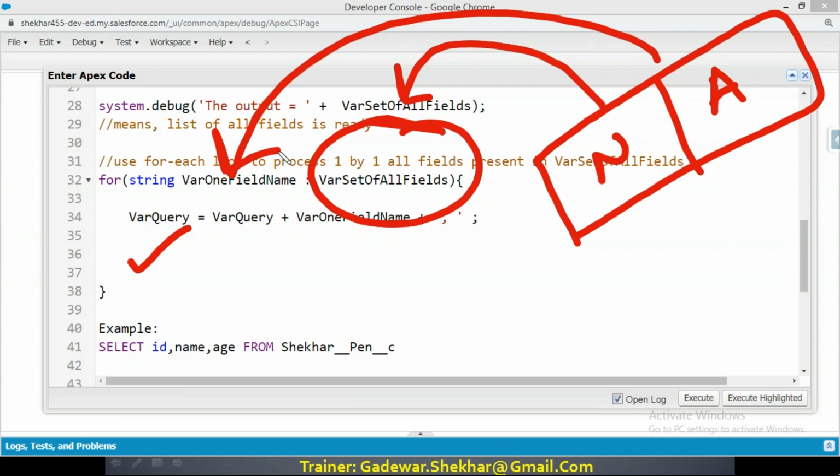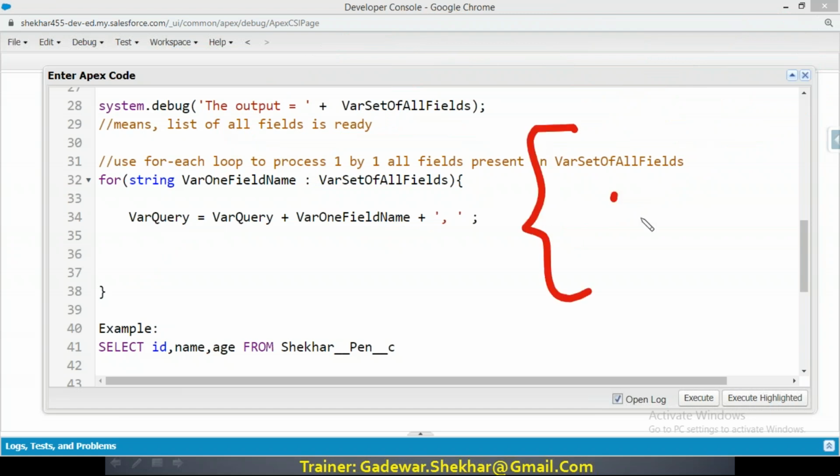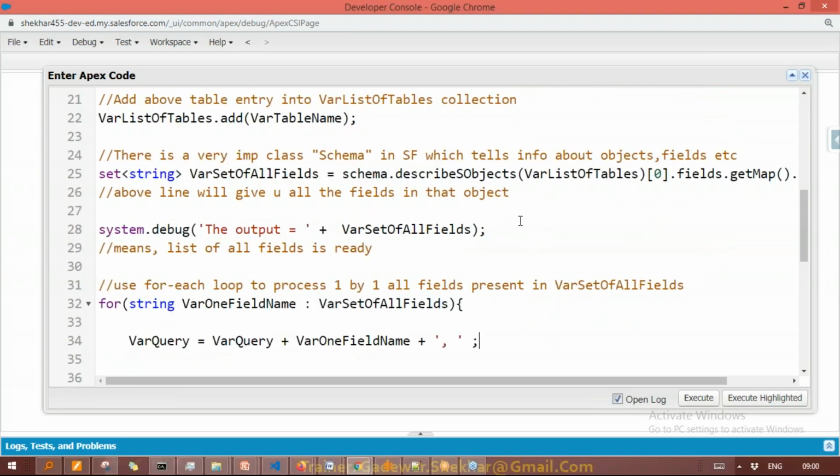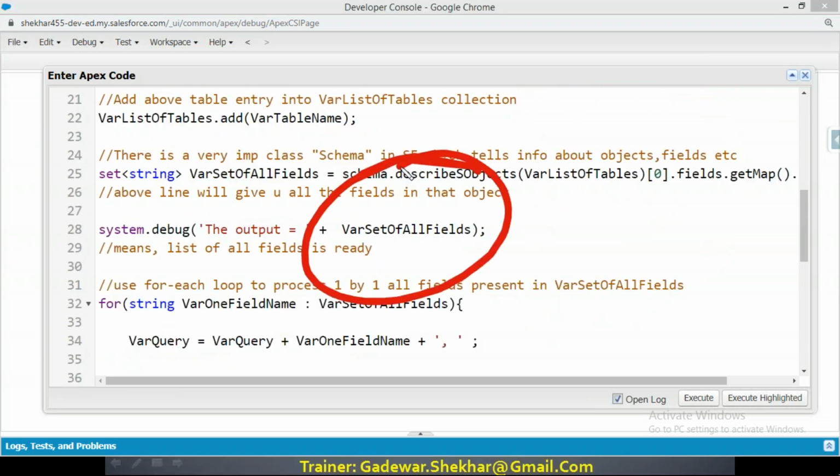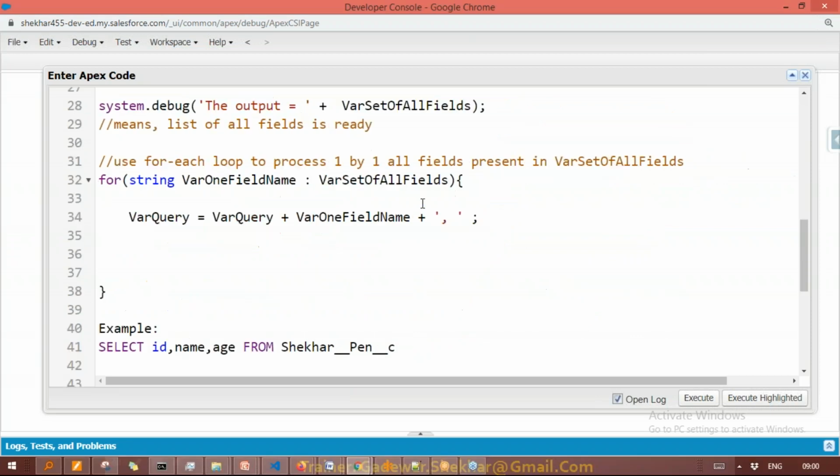So now the query will become select, name, comma, age, comma. That's it. This way we keep on adding 100, 200, 500, 600 fields just by writing two lines. That is the power of programming. This way, however many fields or columns I got from that table, that many times the loop will run. Everything is fine, no problem. But now the problem is at the end, if you remember, the output will be something like this.